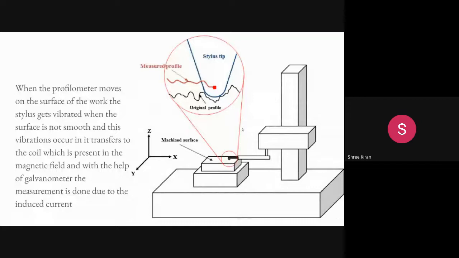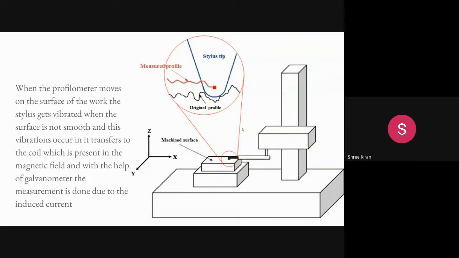So what happens is when the profilometer moves on the surface of the work, the stylus gets vibrated, and the surface is not smooth. This vibration occurs and is transferred to the coil, which is always present in the magnetic field. You have to consider the magnetic field with the help of a galvanometer, where the measurement is done due to